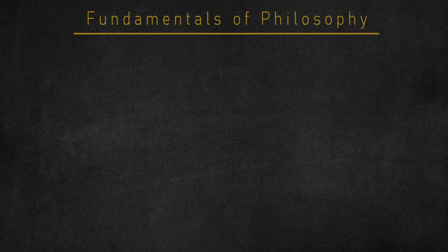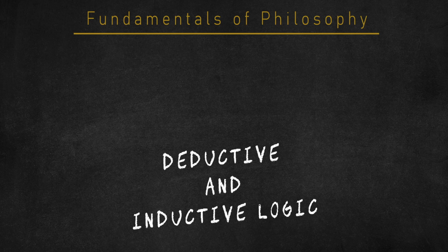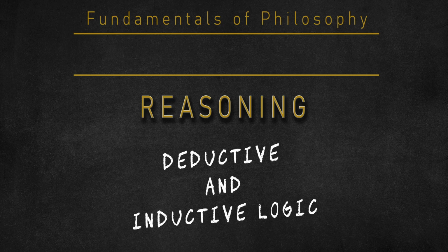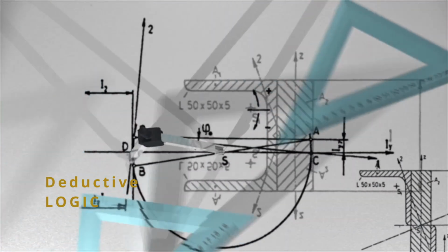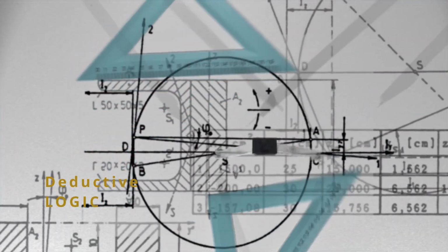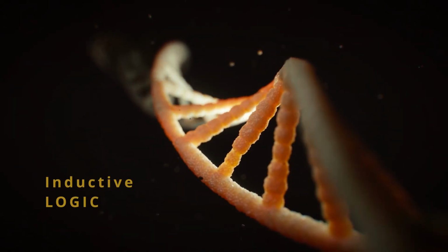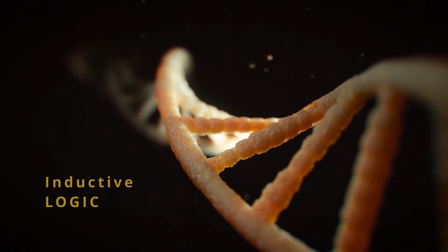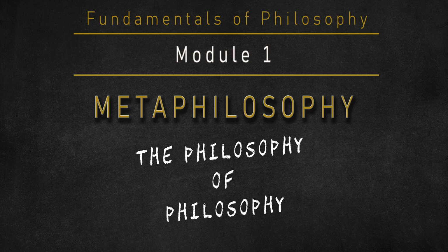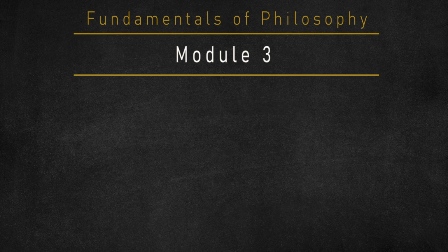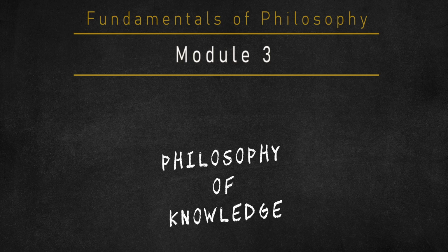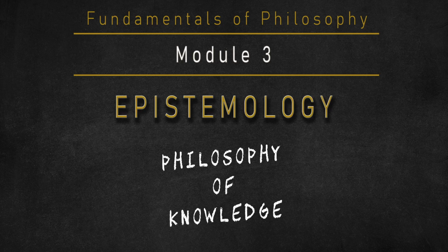From here, we move to examining the actual methods of philosophical reasoning employed by contemporary analytic philosophers in Module 2. There, we'll look at how the tools of formal logic can be employed to unearth the hidden premises in arguments, and how scientific reasoning moves from speculative hypotheses to robust and established theories. If Module 1 is about the philosophical pursuit of knowledge, and Module 2 is about the methods for acquiring knowledge, then Module 3 is about the nature of knowledge itself, what philosophers call epistemology. What does it mean when we say that we know something rather than merely suspect it or believe it?